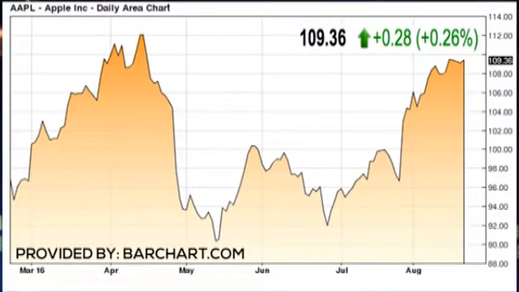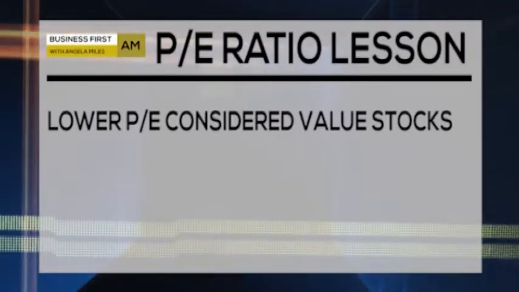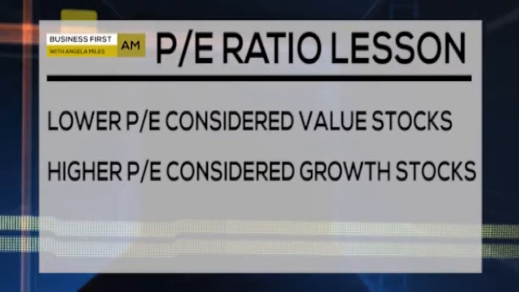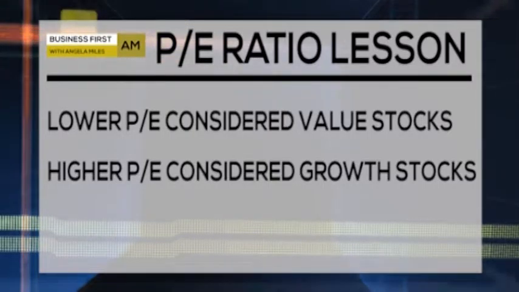So what does that 12 tell me, though? What is that telling me about the company? So based on how high that PE ratio is, it'll tell you kind of how investors are categorizing the company. So those that have lower PE ratios are seen as value plays, whereas those with higher PE ratios, those are growth plays. And the reason why is because if you think about it, if you're expecting a company's EPS, or earnings per share, to grow significantly over time, then you'd be willing to pay a little bit more for that stock. So that's why that ratio ends up getting a lot bigger